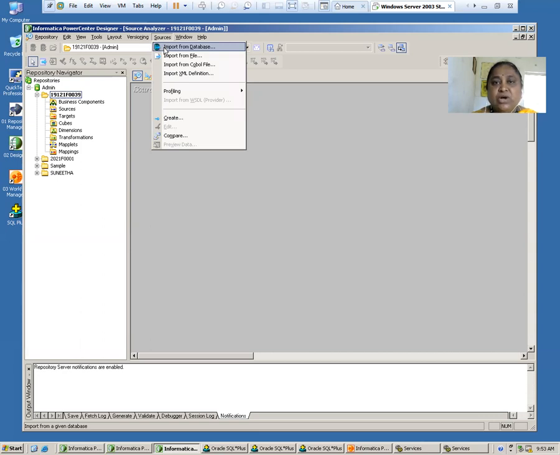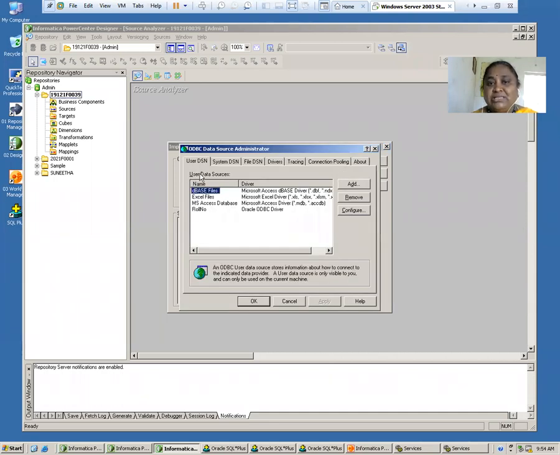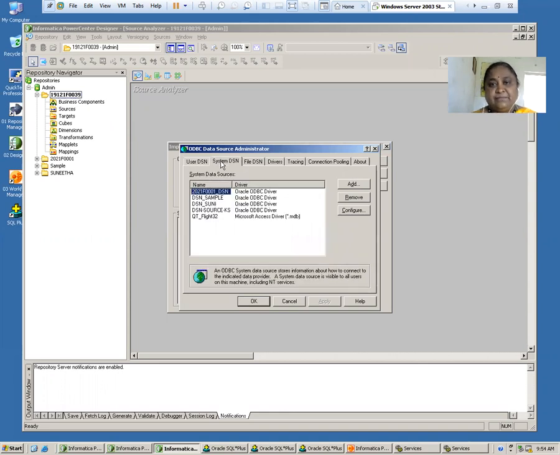So in the source button, you have import from database. So every student has to go for creating their own ODBC data source. If they want to create their own ODBC data source, you have to click on the three dots, which is called an ellipsis, and you have to select the system DSN, not the user DSN, because each and everyone will be working on their own server. That is why you have to select system DSN and go for adding.